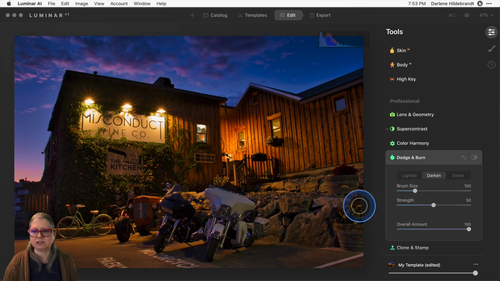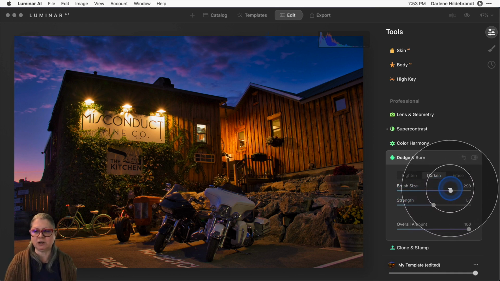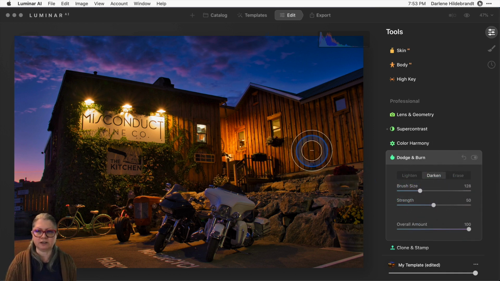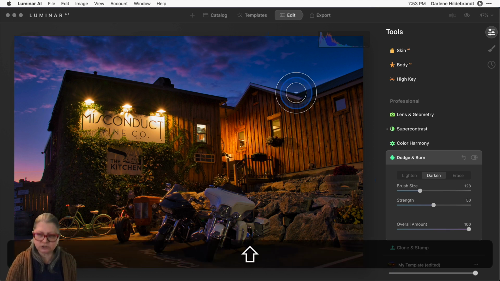One tip with this is it doesn't give you the fade or the softness like the other slider did. You'll notice on the other one with the mask, we had the softness slider. This one just has size. So I can make the brush bigger. But if you want to affect that fade area, hold your shift key down and then use those square brackets. And that will change the amount of fade.